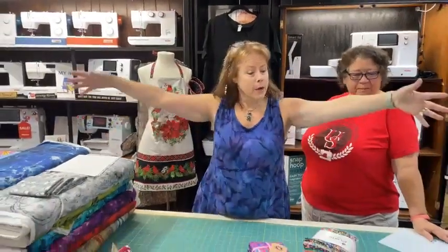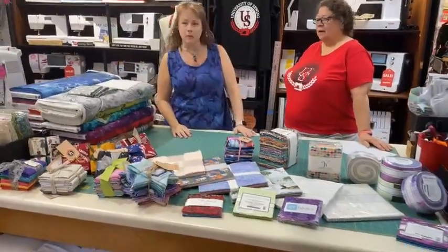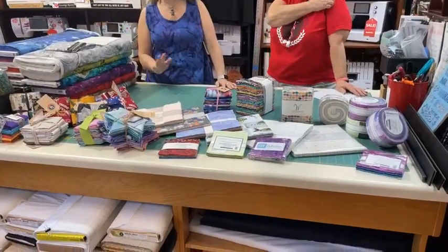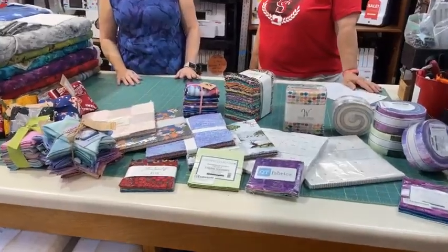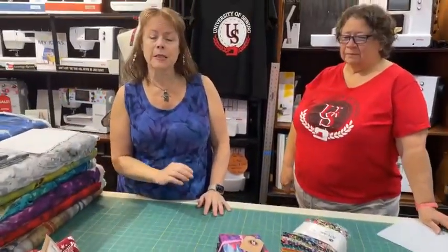Now, what is going on here? There is like an explosion of pre-cuts on the table. These are awesome. Layer cakes, charm packs, jelly rolls, fat quarter bundles. All of this stuff right here is what's on sale right now. So the Christmas in July sale ends Monday night at midnight. So if you use the coupon code